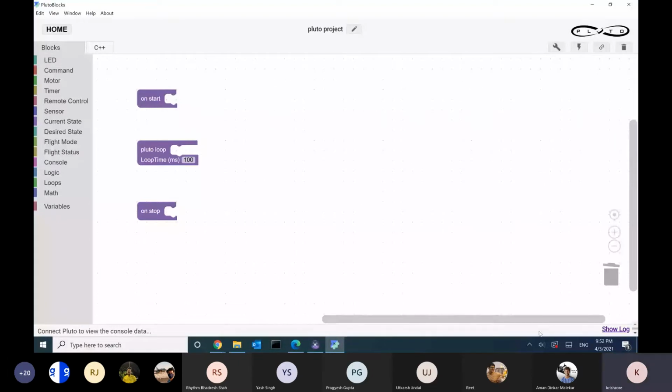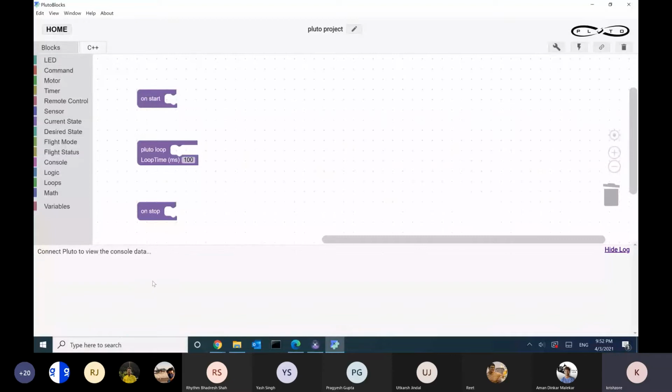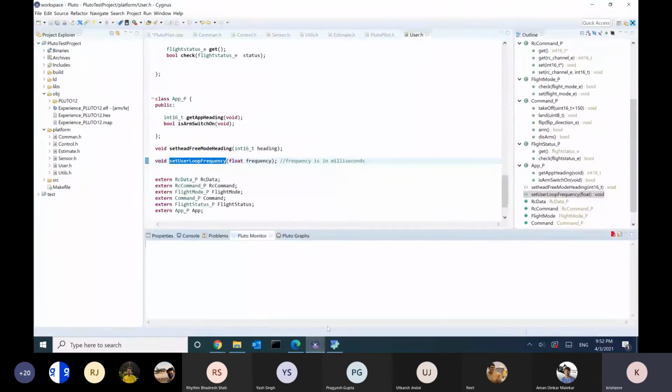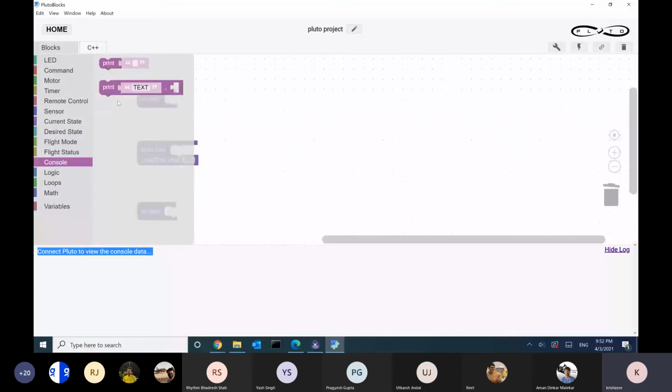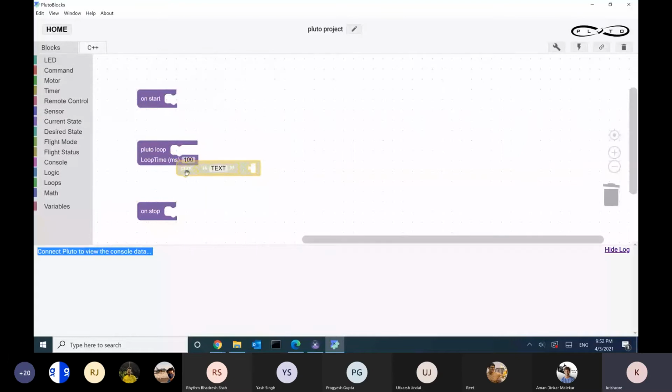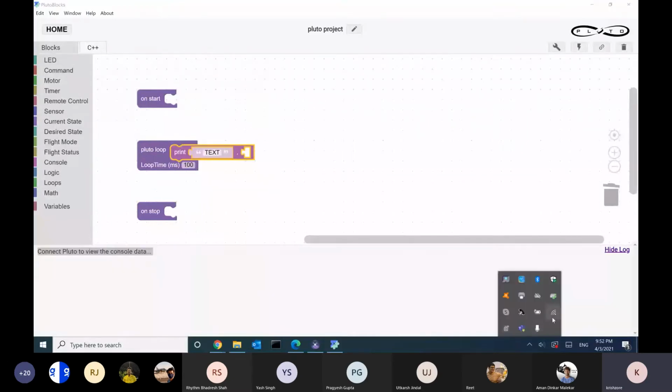So this window is basically to print variables, just like in Pluto signals we have the Pluto monitor. In Pluto blocks we have this console window, where whatever you print inside this function will be shown here. And for that, again you have to do the same thing: you have to connect the Pluto.